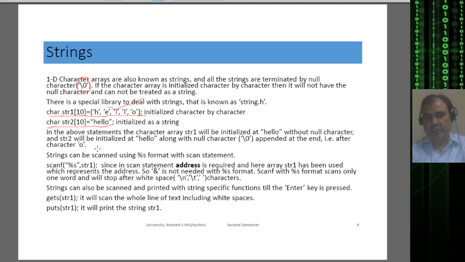And with other data types, for example, if you want to store the age of 10 students, then you can declare an array of 10 and you can store 10 elements there. But when we are dealing with character arrays, if we want to store the name of one person, it may contain 5 letters or 10 letters or 20 letters, so we don't know in advance what the length of the name is. So we use the concept of null character, with the help of which we are able to know